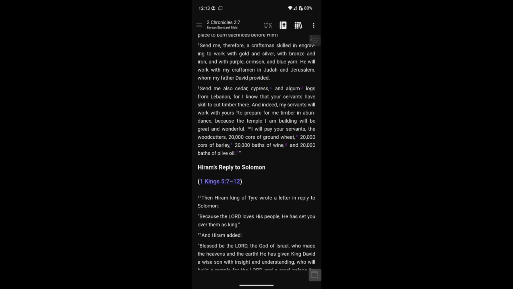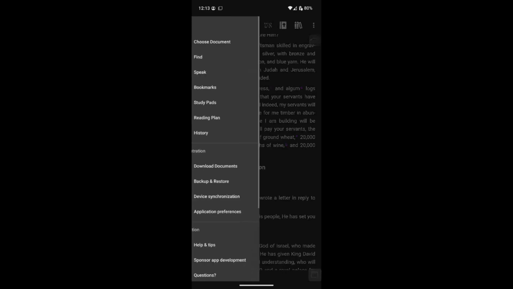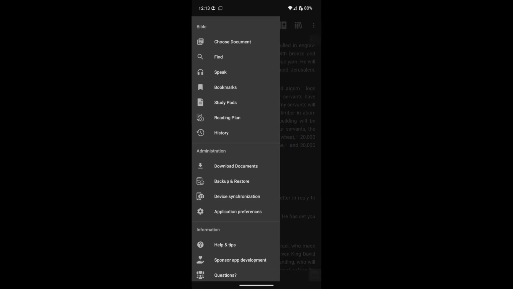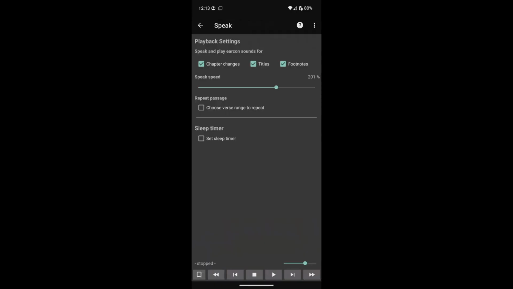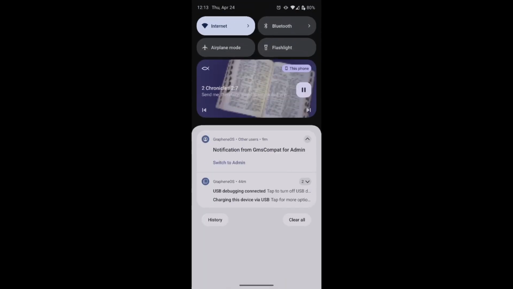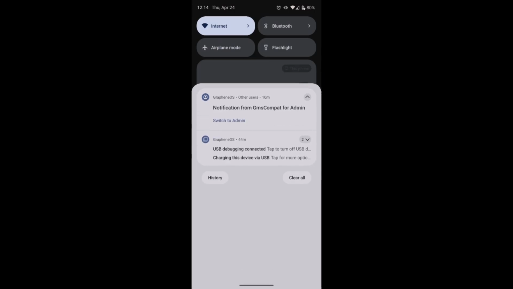And before we finish up this video, I did want to show you that you can also access the speech controls while it's reading. If I swipe down, I can have a notification here where I can skip ahead, I can pause, continue,